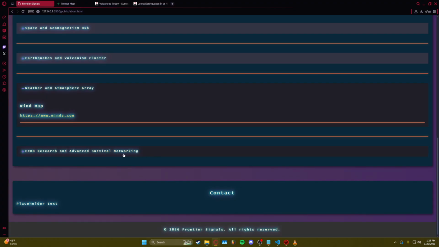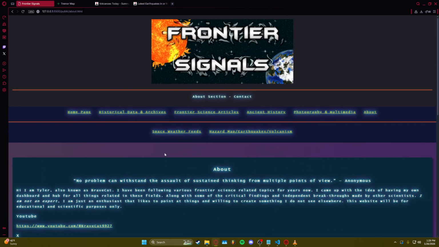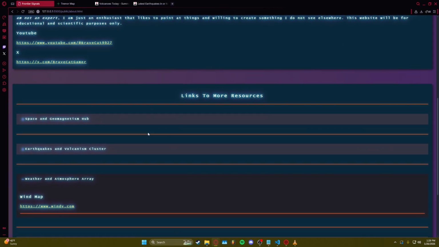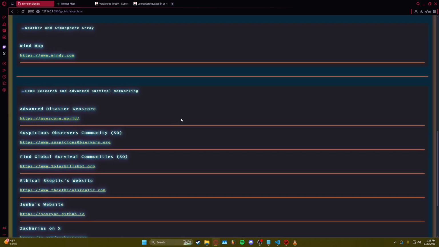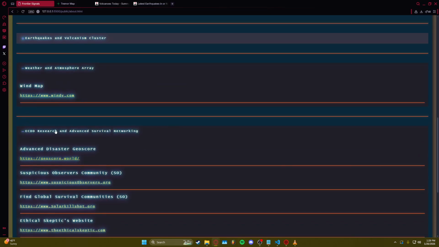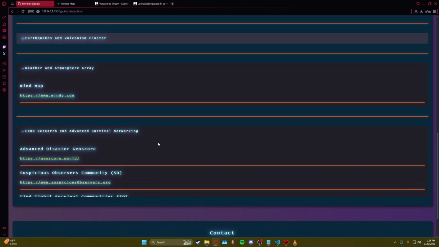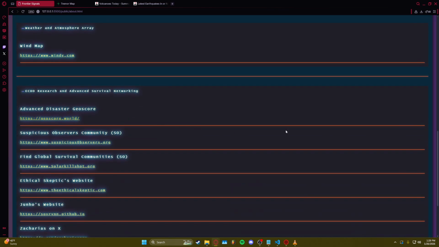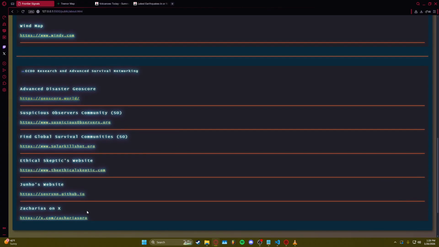And then finally we have this last tab here, which is going to be pretty much the crux of Frontier, what Frontier Signals is really all about. It has some more advanced topics, mostly relating to ECDO, which basically relates to the Earth crust displacement theory. The E stands for exothermic. There's different trigger mechanism theories, but the basic idea is that this is going to be resources for